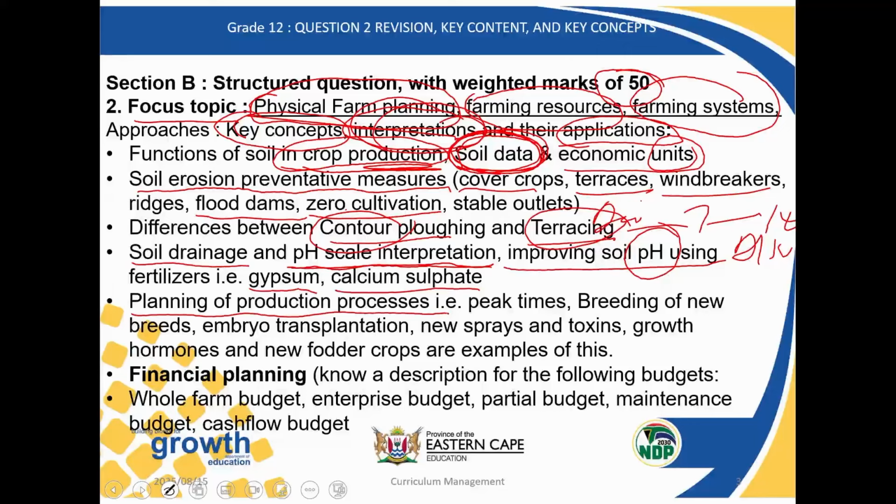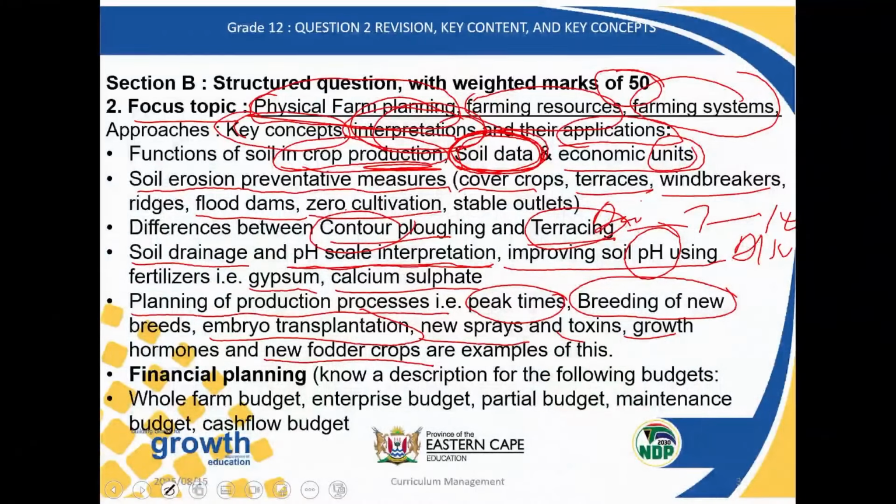Right, if, for example, you have understood all of those, soil, the pH, the color, the drainage, and everything. Now, the planning of the production processes. Why do we have to plan for these production processes? Production process is a cycle. So in that cycle, you should be able to identify during which phase of the cycle you would expect many farming activities. Your peak times that we're talking about here,